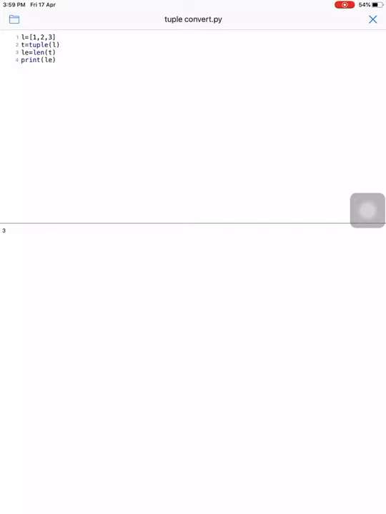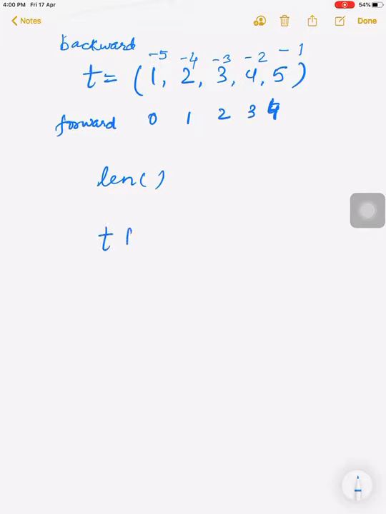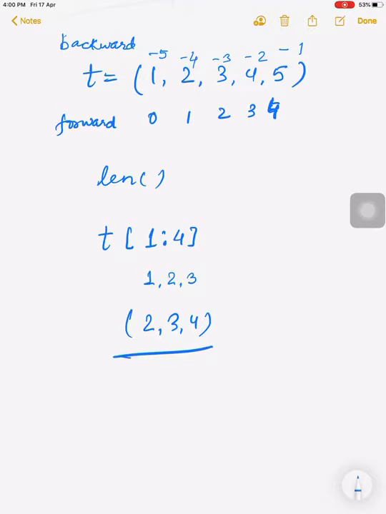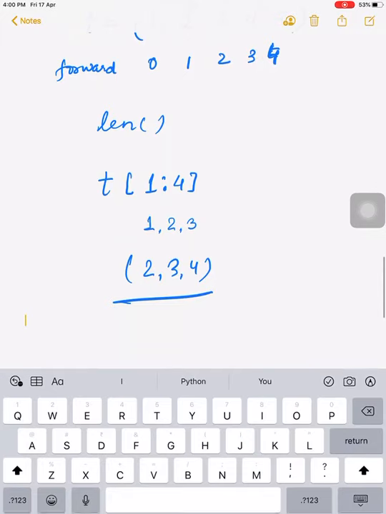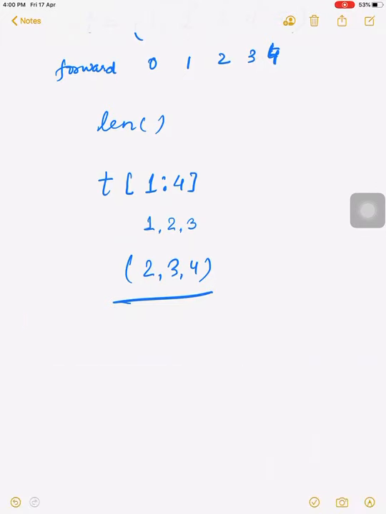We can also use indexing and slicing in the case of tuples, as with lists. If we want to access a few elements in the tuple, we can use slicing. What is the work of slicing here? The same as with a list, if we write T[1:4], it will print the elements of index 1, index 2 and index 3. So the output of the slicing will be 2, 3 and 4. Okay.